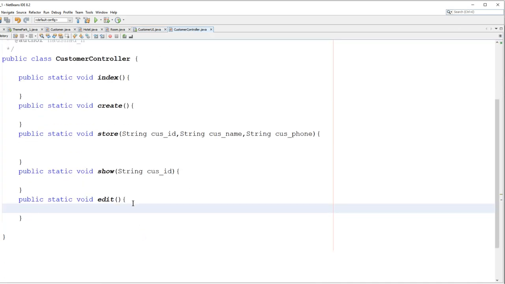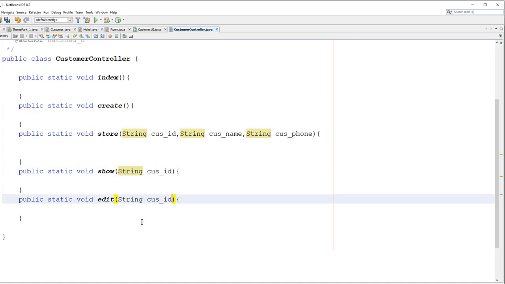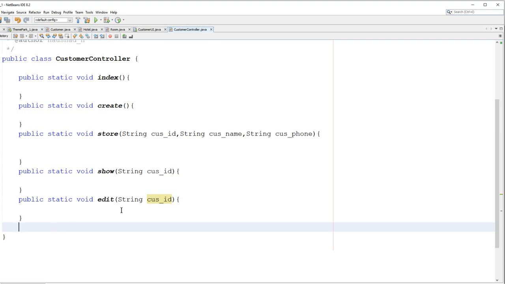So what are you going to edit? You are going to edit a specific customer. Again, you will give the detail of the customer you are trying to edit, and then it will show the customer that is going to be edited. Now you will be in the next section, which is update. Public static void